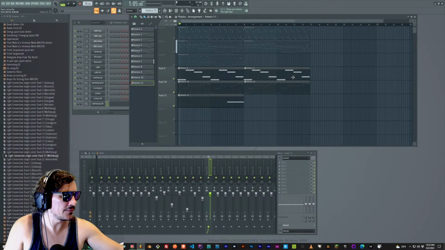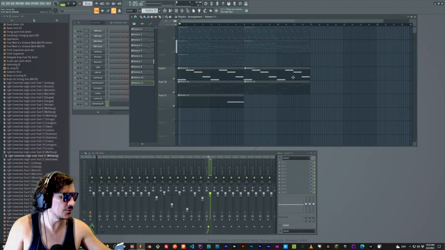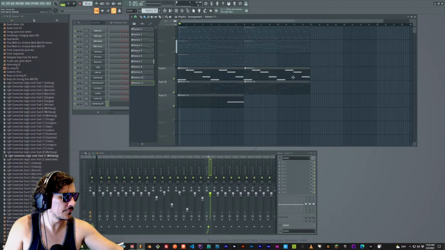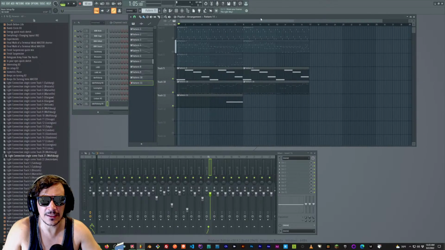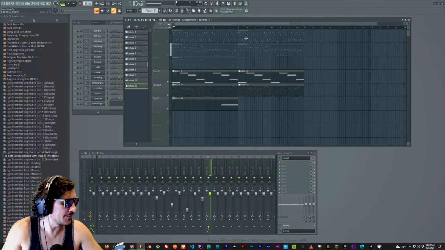So what I'll do is I'll save this. Now what I'm going to do is I'm going to go back to the light connection file, and I'm going to look at the setup I've got and just sort of build it up very quickly. So what do I have in here? Oh, I've got the kick and everything. I'm not going to do the kick just yet, I don't think, maybe. I'm not sure. No, I'm not going to do that. I'm just going to keep it